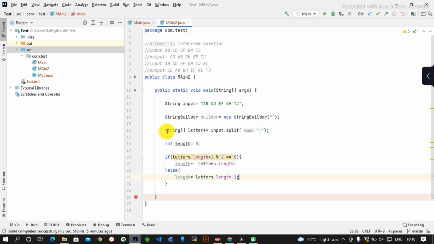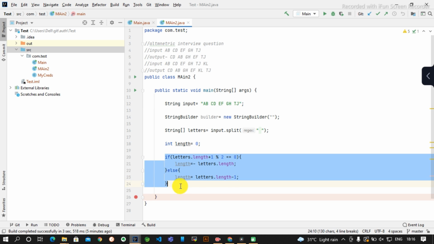Since this is an array, if you see the length will be 1 2 3 4 5, but the array index starts from 0, so that's the reason I made it with 1. As per the logic, 0 1 2 3 4 plus 1 is 5, which is the actual array, meaning the array actually contains 5 elements. So that's the reason I made the plus 1 here, so that I will shuffle these letters and append the last one at the end.